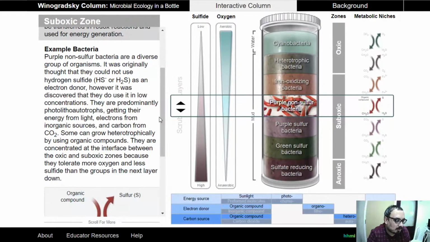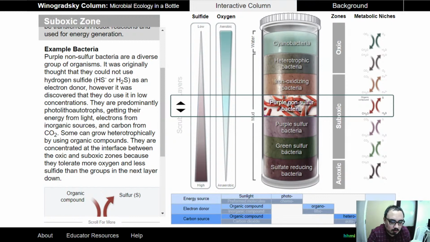As we have discussed purple sulfur bacteria, I am not going to discuss in more detail. It was originally thought that they could not use hydrogen sulfide as an electron donor, but it was discovered that they do use it in low concentrations, and they are predominantly